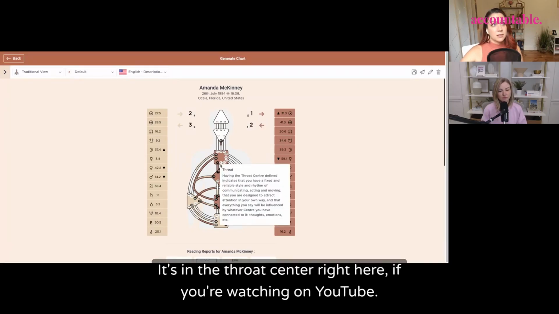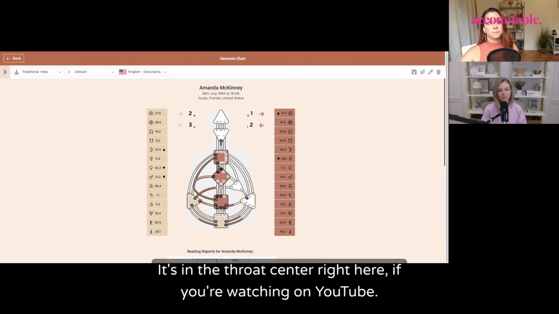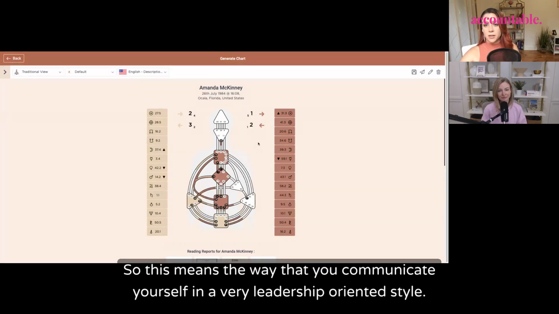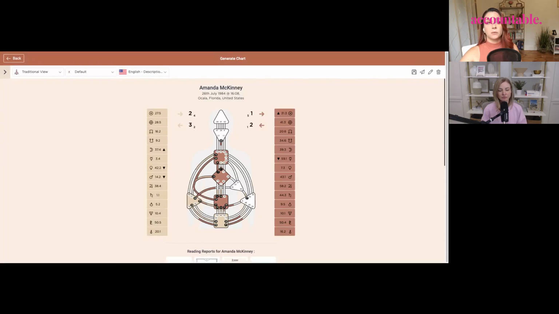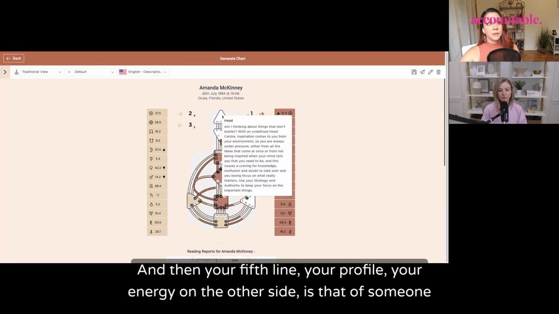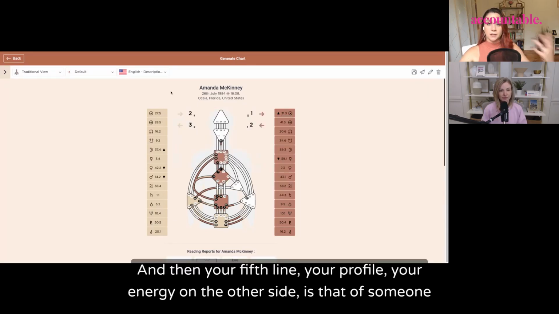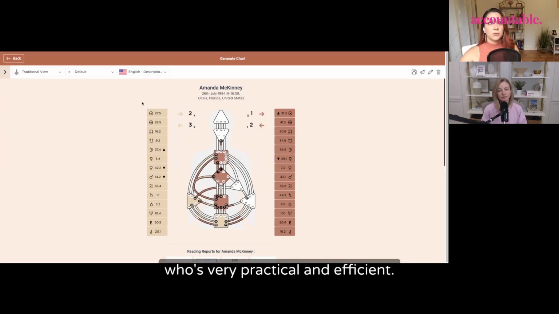It's in the throat center right here if you're watching on YouTube. So this means the way that you communicate yourself is in a very leadership-oriented style. Listen when you talk. It's a gate of influence. And then your fifth line, your profile, your energy on the other side is that of someone who's very practical